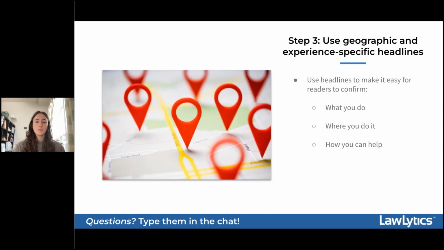So for example, this can be as simple as using targeted keywords throughout your headers and your content so that Google has an easier time associating your website with a particular geographic area. This tends to be a more effective marketing strategy for solo attorneys and small law firms because more often than not, you're competing with the deep advertising pockets of other law firms in your area, and they can afford to spend a lot on advertising that boosts their local presence on Google.